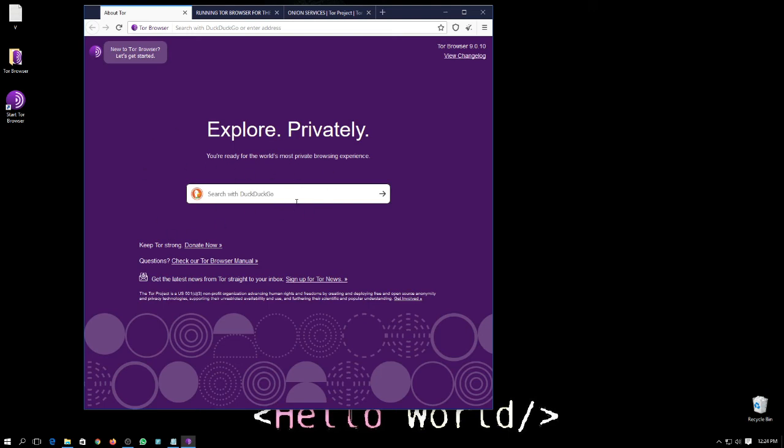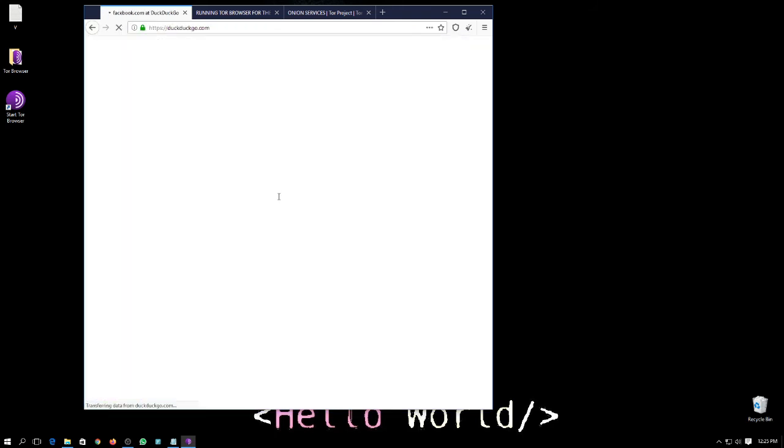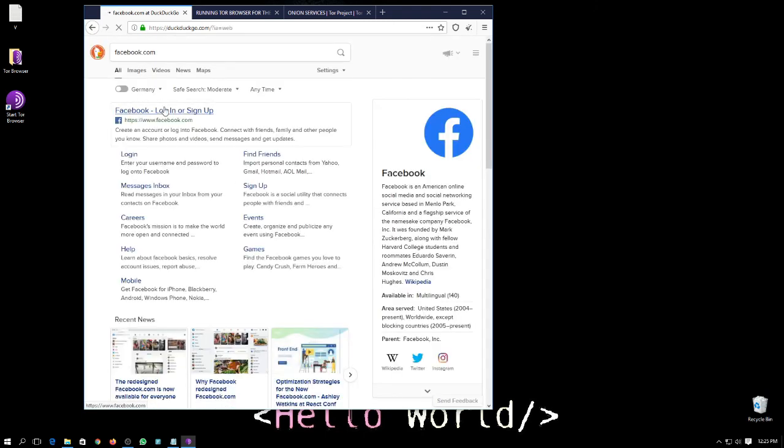And the search engine that is used by Tor is DuckDuckGo. Like other browsers use Google and Bing.com, similarly it uses DuckDuckGo. So here you can search whatever you want. Like I want to search facebook.com, so it will simply open Facebook.